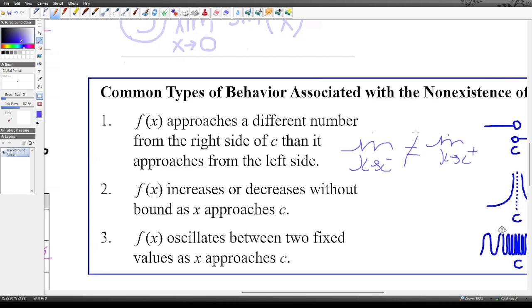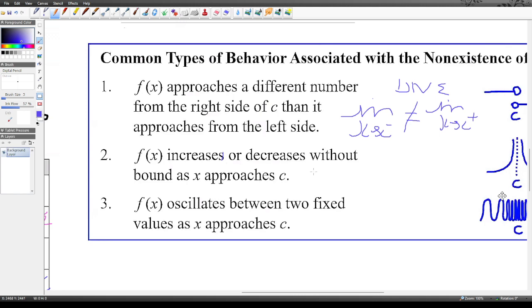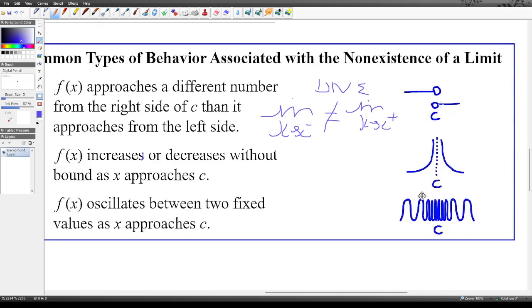When they're not equal, this means the limit does not exist. And here it's talking about an asymptote. Oh, here we have the pictograms here. So yes,